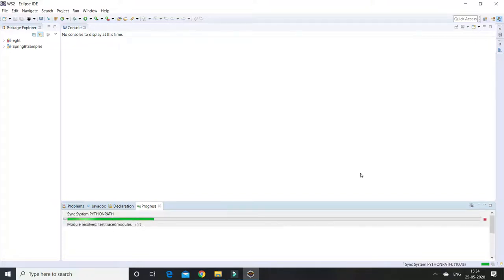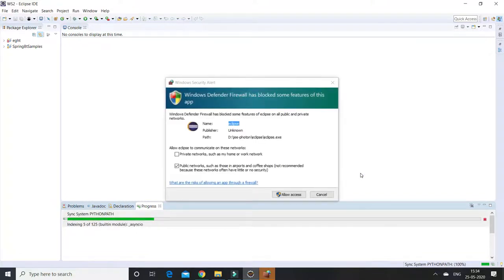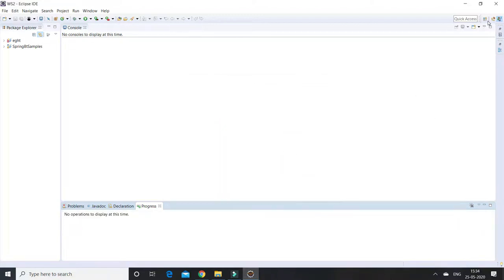Currently it is in the Java perspective. Click Cancel, no problem.